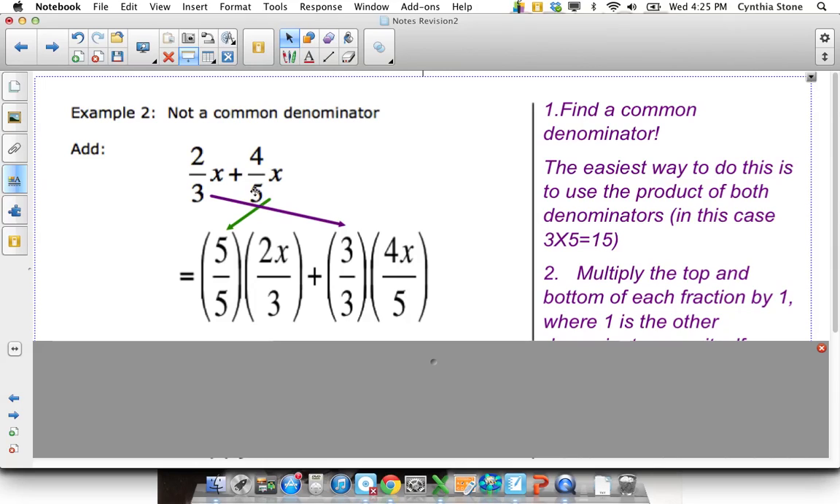And the way that I do that is I take the 5 from this side, and I multiply top and bottom of this side by 5. Remember, 5 over 5 is just 1, so I'm not changing anything by multiplying it by 1. Similarly over here, I take this 3 and I multiply top and bottom by 3. So now what I've got,